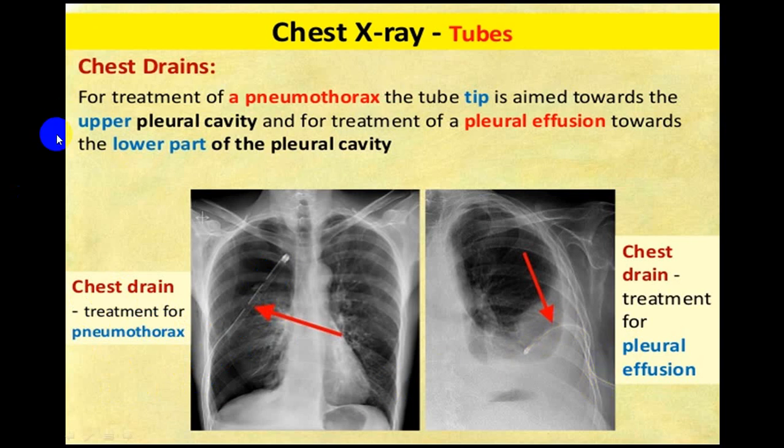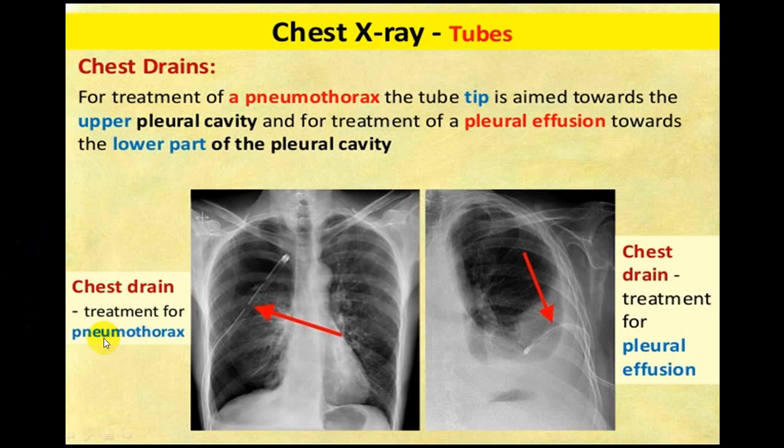And once the drainage is over, then you remove this tube and re-examine the person. It is done very commonly for pneumothorax. It is done for fluid and for a combination of air with fluid. Fluid can be water, exudate, pus, blood, malignant effusion, etc. In all those conditions, you can have drainage tubes. So drainage tubes can be put here.